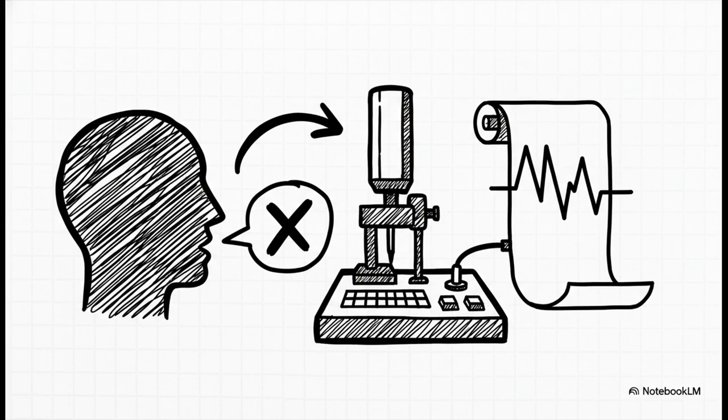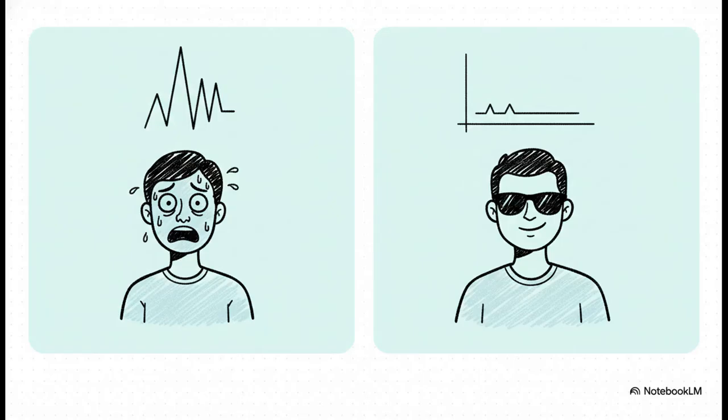But is it really that simple? Well, no, and this is the fundamental flaw. Just look at this. An innocent person who is terrified of being wrongly accused could show a massive SCR spike and get flagged as a liar. Meanwhile, a cool, calm, practiced liar might show no response at all and be seen